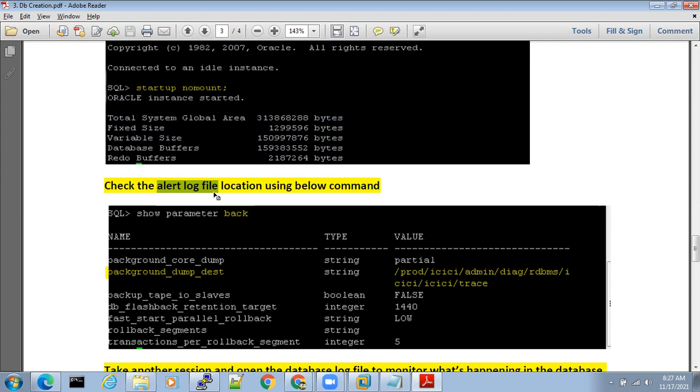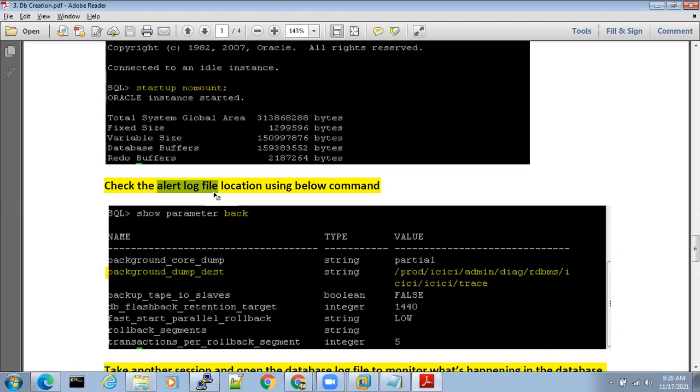Why? Because the name itself tells you: whatever is happening in the database, everything will be captured in the log file. We can open it and see what is happening in the database.